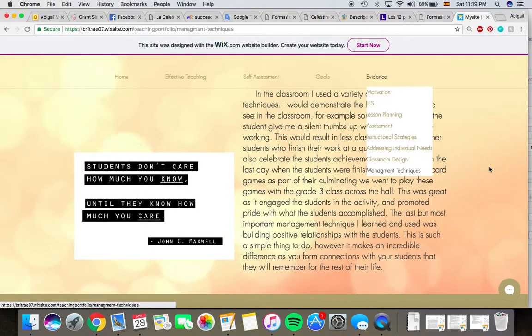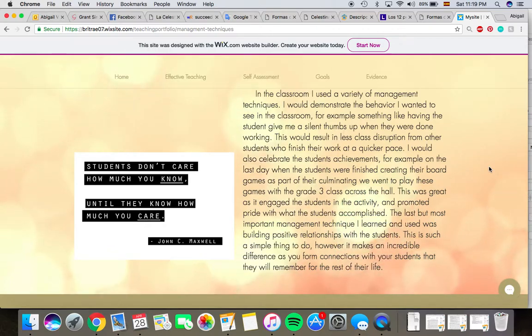And last was management techniques. So I used a variety of management techniques. I would demonstrate the behavior I wanted to see, so having the students raise their thumb to show me that they were done work, so then they weren't interrupting the rest of their peers, raising their hand when they needed to talk,